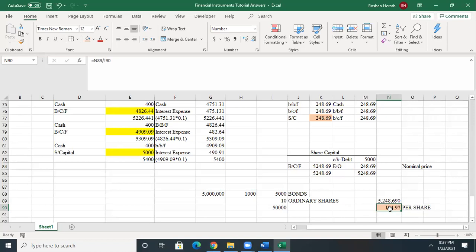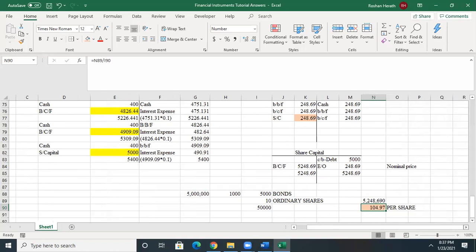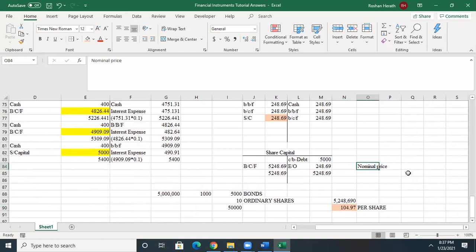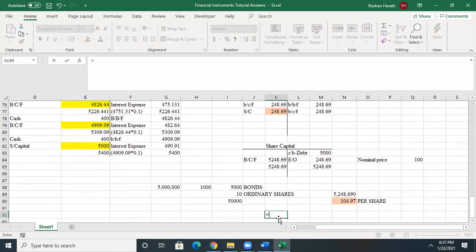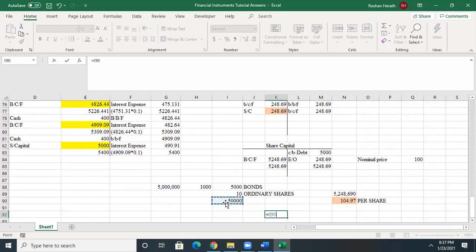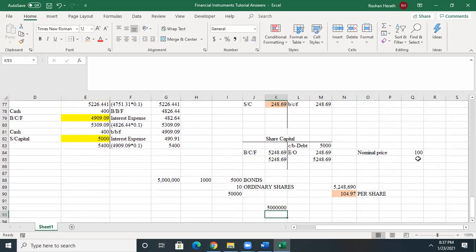Okay. In a different context, like the UK, they have a nominal price. If the question said the nominal price is 100, then you need to make sure that in the share capital account you are only eligible to keep the number of shares times the nominal price, like 5 million. So only 5 million can be retained. This 248.69 must get transferred to